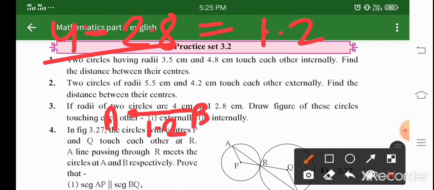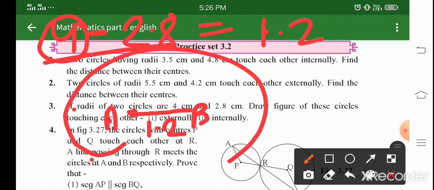Now again just take the measurement 4 centimeter with the help of that rounder and keep one point over here and start drawing. You will get something. Suppose you are getting like this only. I'll just start drawing. My circle is not so good. Similarly, you can keep your point over here and take the measurement of 2.8 and just start drawing. You will get your point of contact over there like this only.